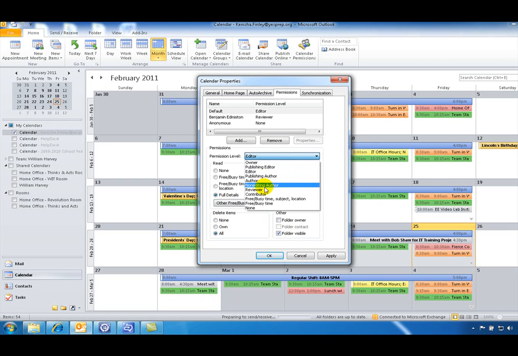So for this example, I'm going to switch my default user permission level to reviewer. Once I'm satisfied with that setting, select Apply at the bottom. And if you're done with the settings, click OK. Now, if you would like to designate specific users to have additional access to your calendar, click on the Add button,